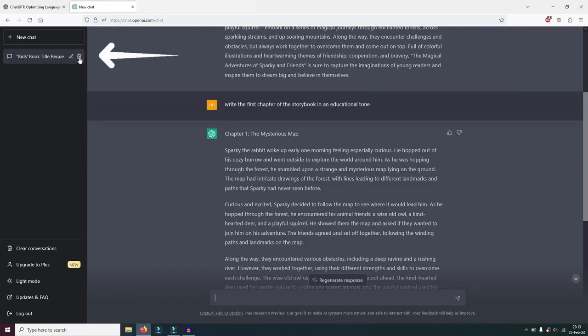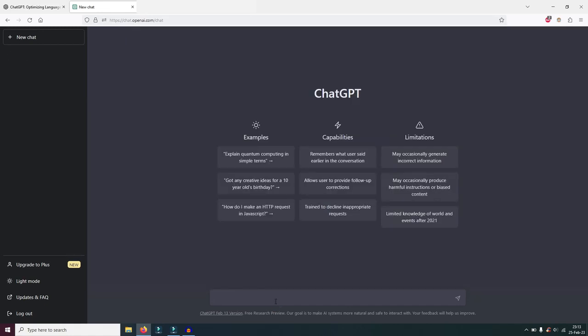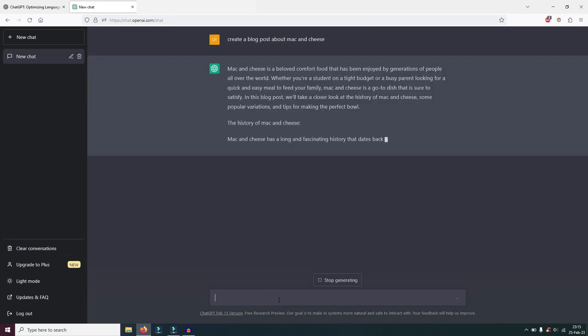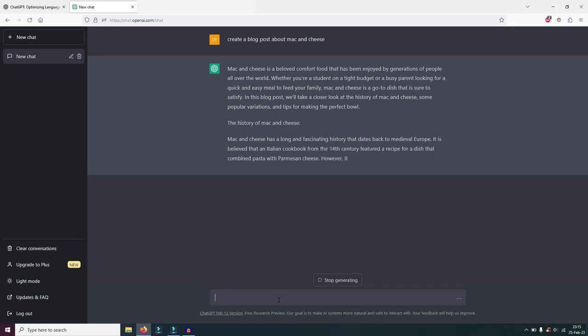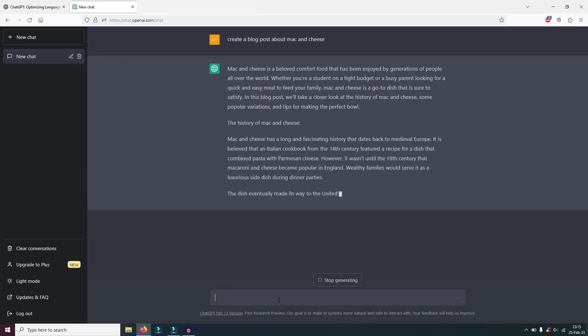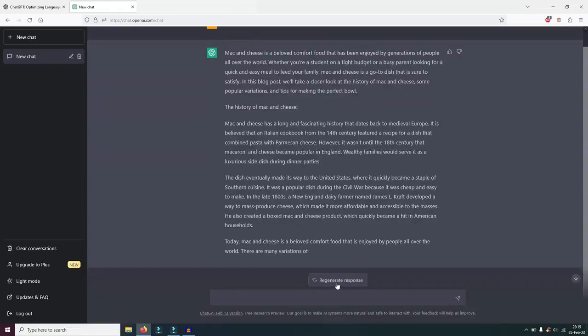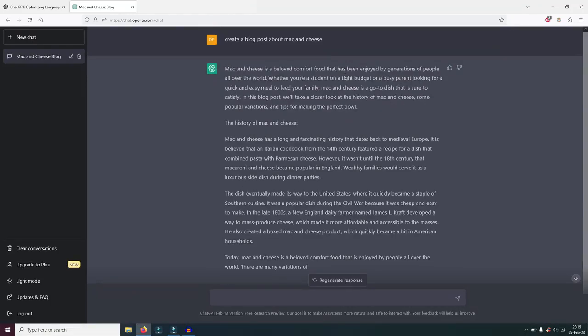Let's come here and erase this and clear conversations. Confirm clear conversations. Come down here to the bar and try with a different example. Create a blog post about mac and cheese, and ChatGPT, as always, is going to start creating a blog post about this dish. I'm going to stop generating, and as you can see, it gives us an introduction and a